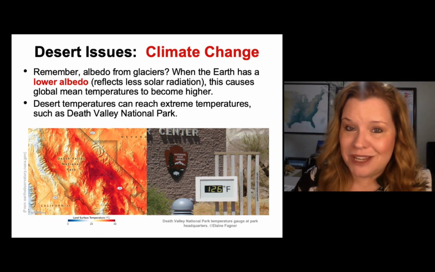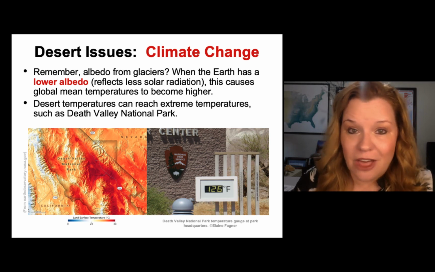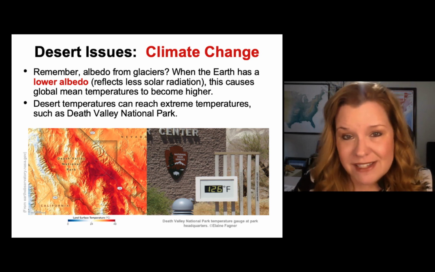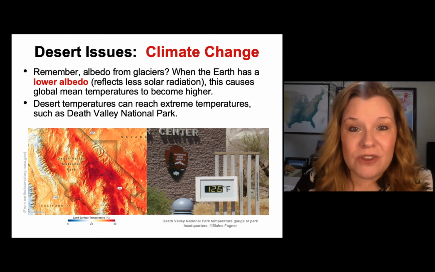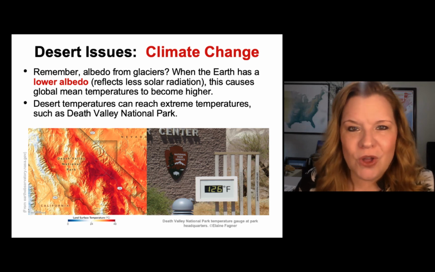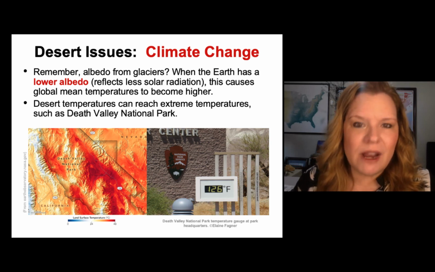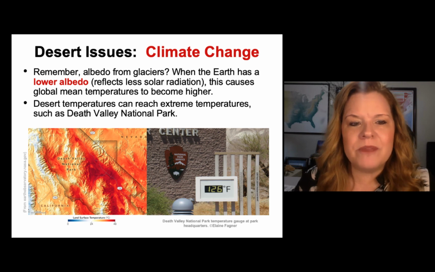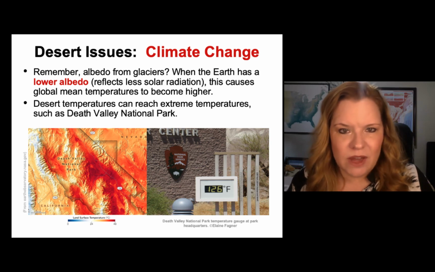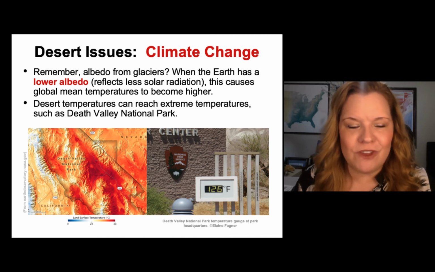So when I made it to Death Valley National Park that day, when I got to the park headquarters, which was not at the hottest part of the day actually, it was already 126 degrees. That's crazy hot. It got up to like 128, 129 degrees that day Fahrenheit. And so they had parts of the park closed because of the heat. And it was an unusual heat wave, but it's not so unusual right now because we're in a mega drought out there. So as climate warms, it exaggerates in places that are already like deserts. And that's something to consider linking back to groundwater and fluvial systems.